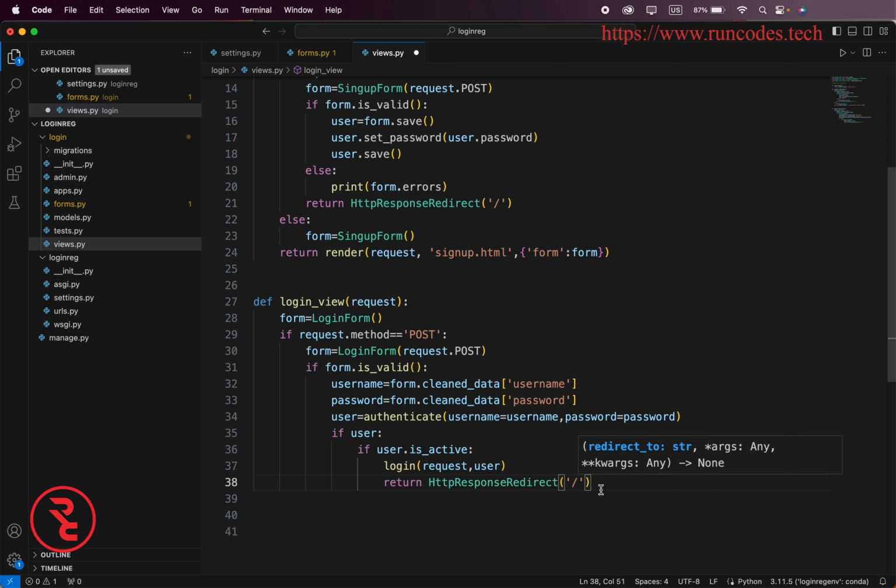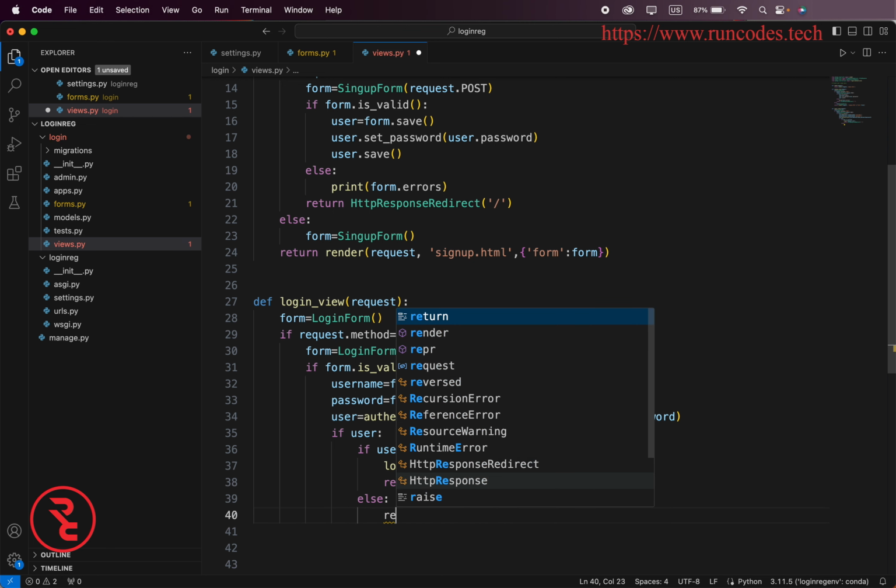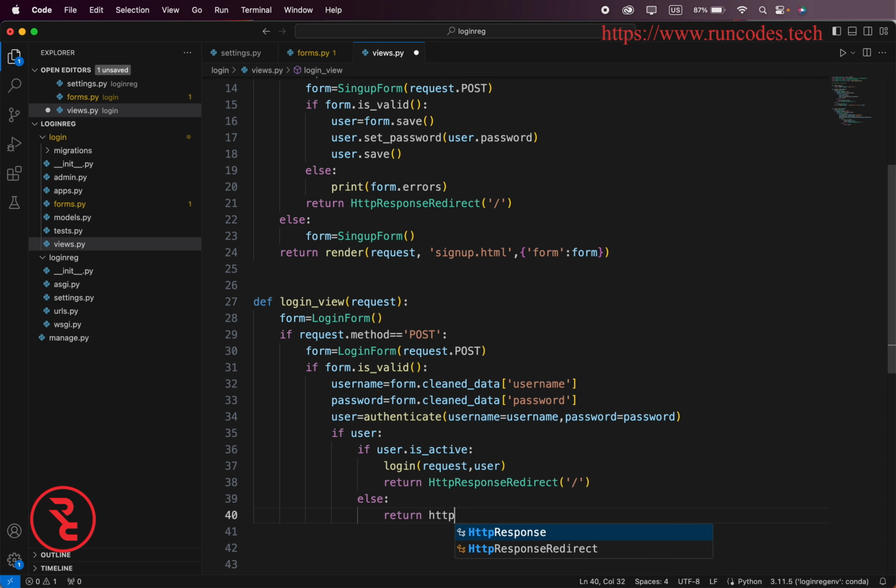You can also display a message here like you are logged in successfully, else if the user is not active, return response